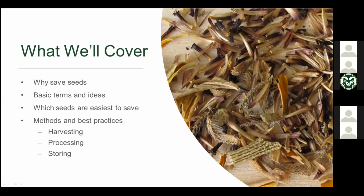The question, what seeds can you save? You can save whatever seed you want. But we're going to operate under some assumptions that we think most beginner seed savers would have. This is largely going to look at vegetables and some garden flowers. We'll look at the easiest types of plants from each of those groups to save seeds from, and we'll look at commonalities and differences. A lot of this has to do with pollination methods, life cycle, the provenance of the variety